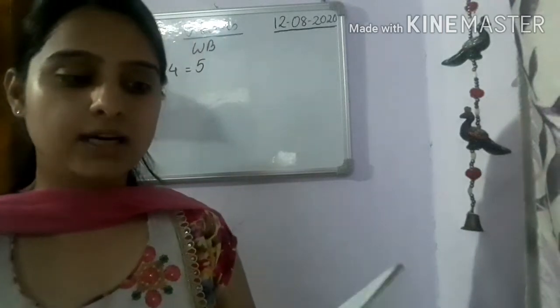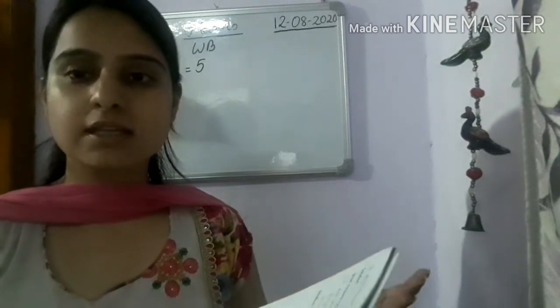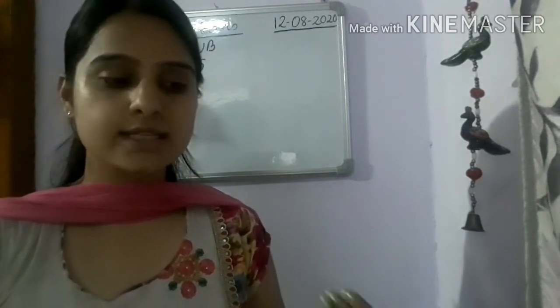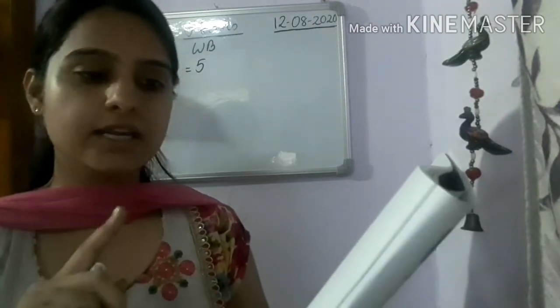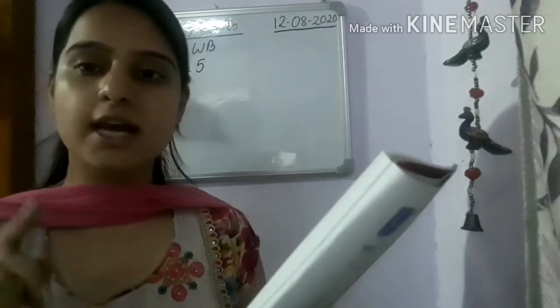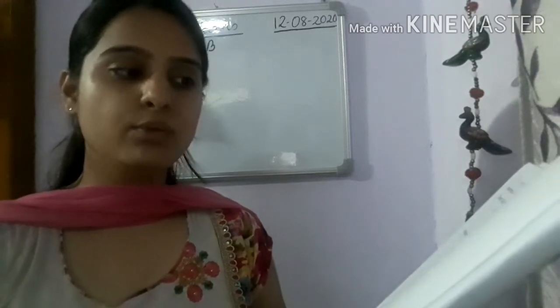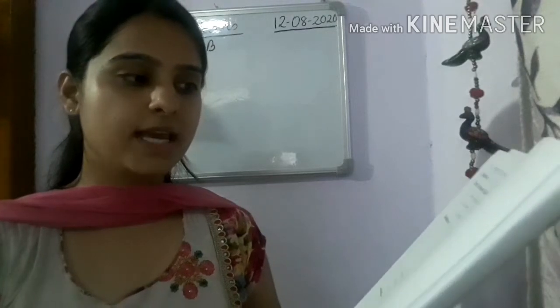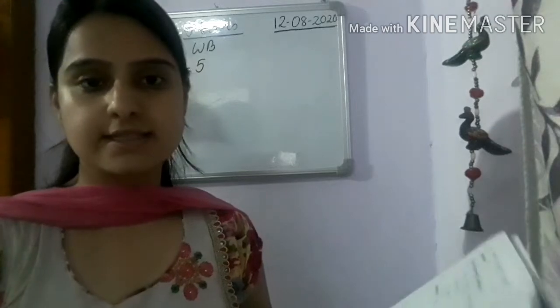Next, question number 13. Add using the column method. So the column method we have done just now, isn't it? So you have to do question number 13. You have to arrange one and the other one and do addition. Next, 14. Add using the vertical method. Again, vertical or column method both are the same. Number 13 is your 1-digit addition and 14 is your 2-digit addition. So there are 2 places, ones and tens. Clear?